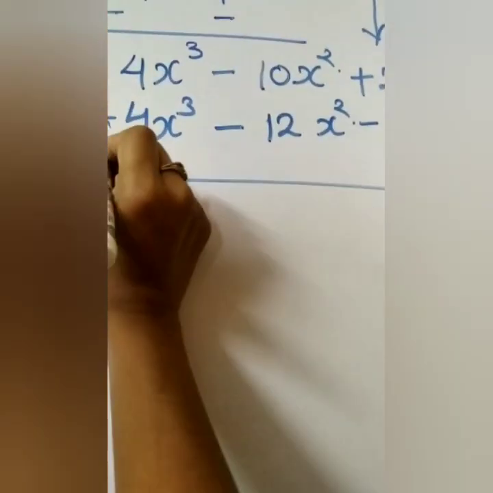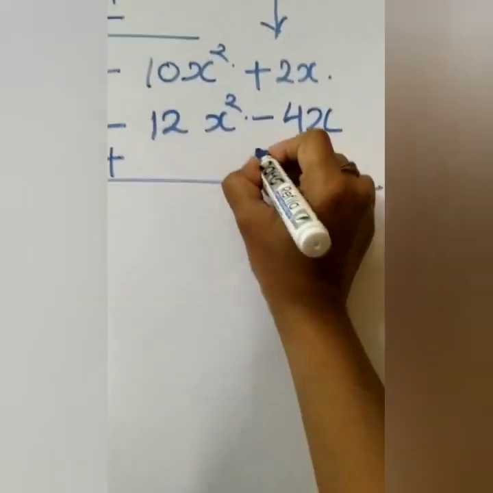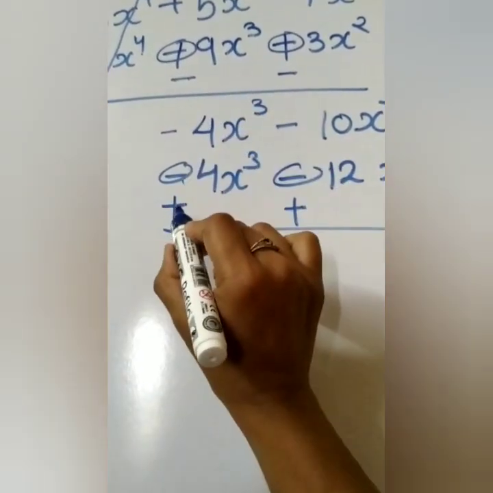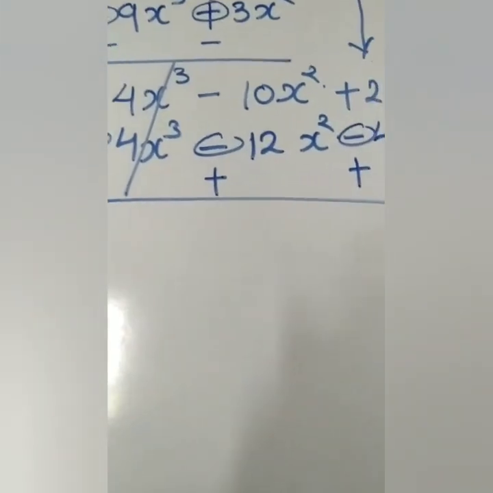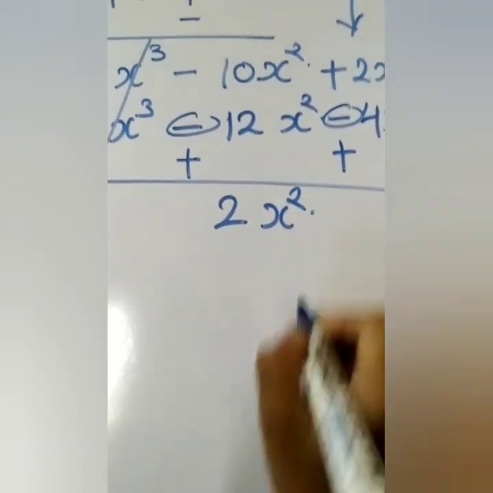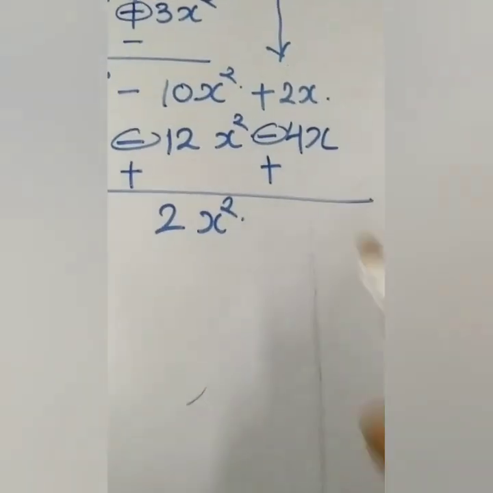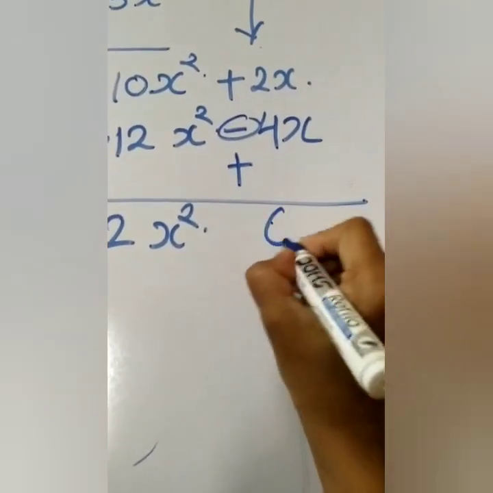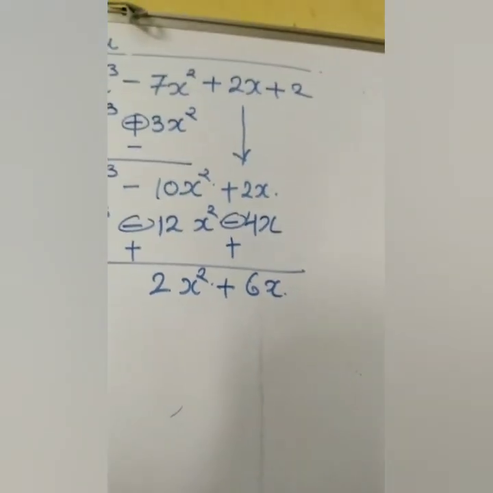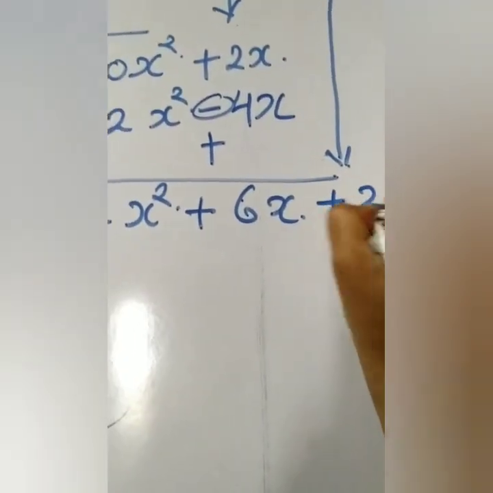Here we will change the signs. Plus will become minus, minus will become plus. Minus will become plus and this minus again will become plus. This first term is in minus and this is in plus, so we will cancel out. Plus minus will become minus. 12 minus 10 will become 2 and x square we will write as it is. The symbol of the greater number is plus, so no need to write minus over here. Plus plus is plus, means 4 plus 2 means 6x, and the symbol of the greater number is plus, so we will write plus over there. Now we have to take down that plus 2, so we will take it down with the symbol, plus 2.